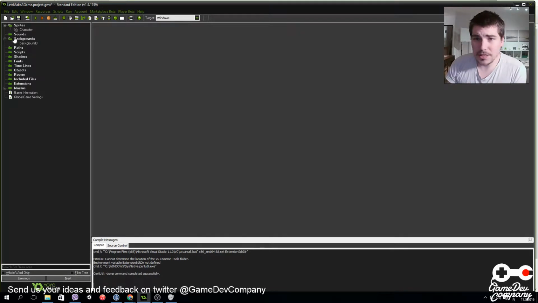Sounds, of course, is just your sound effects. Paths, you can have how your characters or other things are moving in the game. Scripts is where all your code goes, which adds the behavior of the things. Shaders is to make things look good, like you can add reflection effects or different effects to your images. Fonts is text, timelines, objects. Objects is a very important